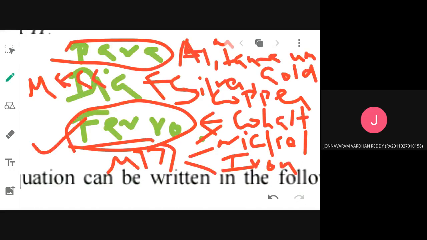Finally, paramagnetic material: examples are aluminum, lithium, tantalum, magnesium, etc. If you keep these in an external magnetic field, they will get magnetized, but in a weak manner. So they will be called what material? Para. Remember the examples. Examples are important. I think paramagnetic material was once asked in an MCQ, and aluminium was given in one of the choices. Understood? Shall I move on to the next topic?